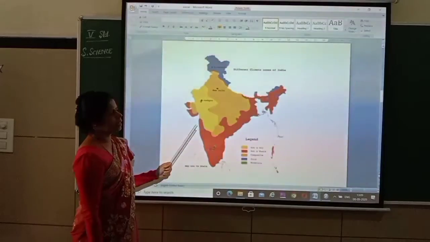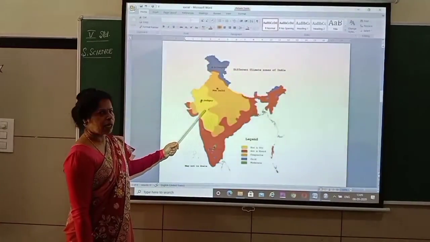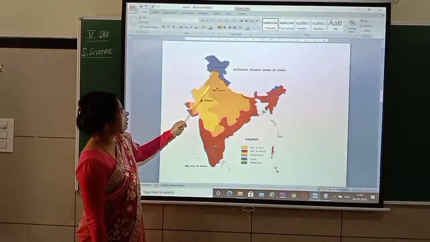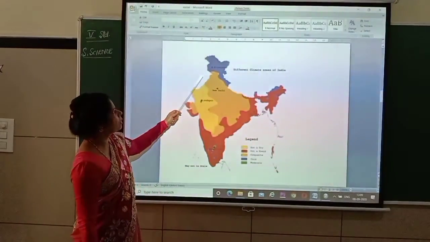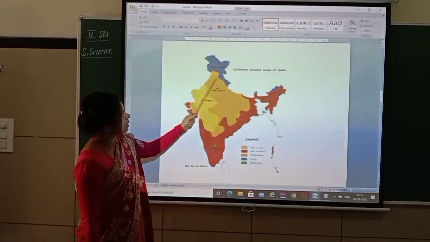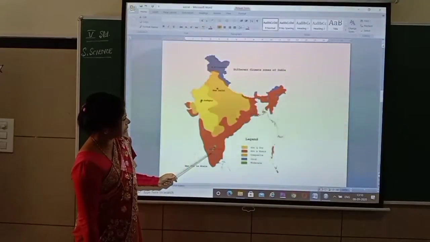Yes. Now you can see I told you about climatic maps. Again only about India I am showing here. So this can be shown for throughout the world also, but here about India it will be easy for you. So you see here it is shown in different colors. Can you see the different colors here? So you see Srinagar, New Delhi, Jodhpur, like this they are given now.